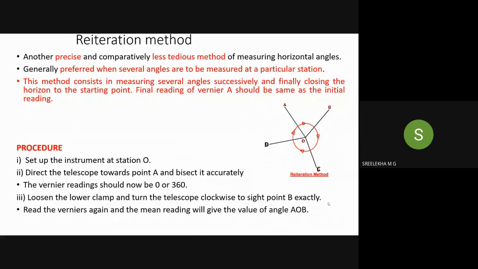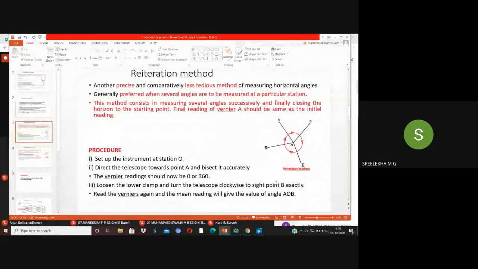So corresponding to each of the sides, after sighting to B, next again we'll be continuing the rotation to sight the point C, then again sight the point D. Okay, so which are the clamping screws? It's the upper screws only. And finally you will be closing to the initial point A by sighting to your first point A, ranging rod at the point A. Finally, you should close.